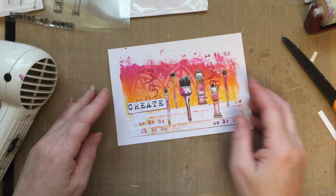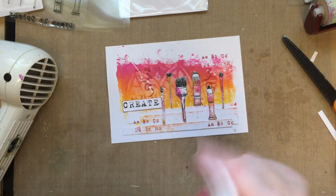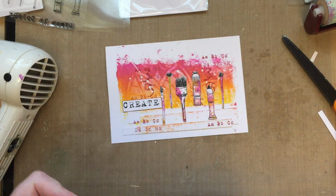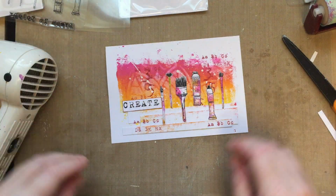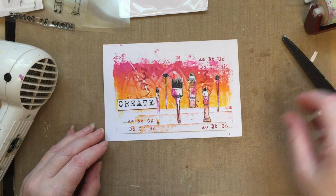Lovely font, I love that font. We then want to add some white splatters. Oh, that's a good splatter. And then what you can do, just to make it look a bit more lifelike, so let me just